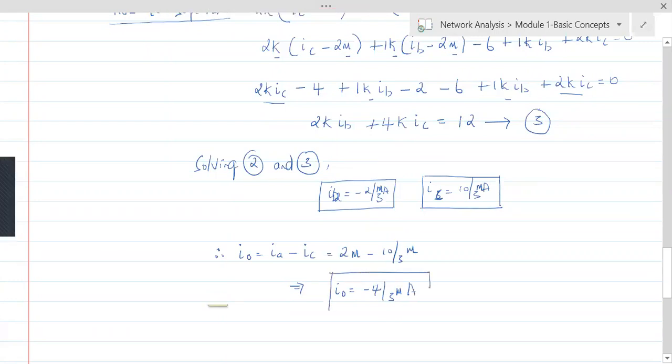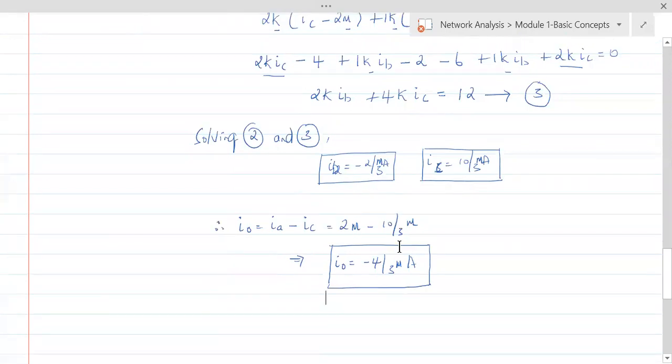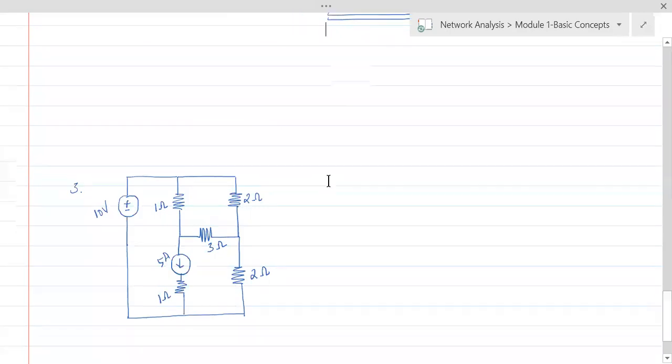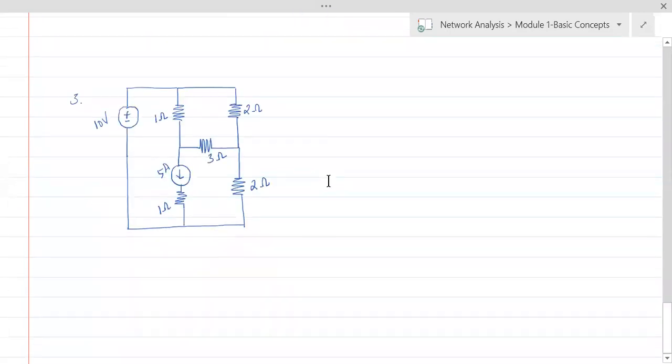So this is how things go. Fine. Now let's go on with another problem, before this session ends. Let's move on to new sort of problems. We'll take dependent sources. Okay, now see here.